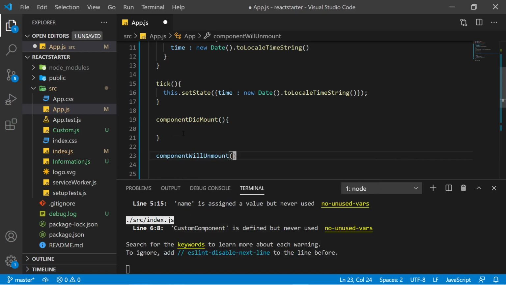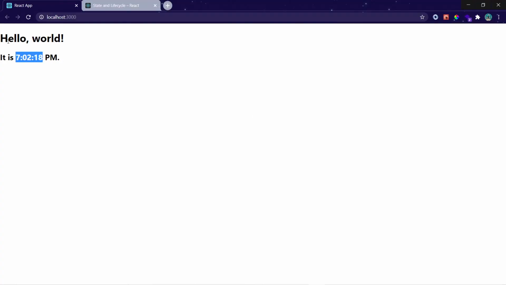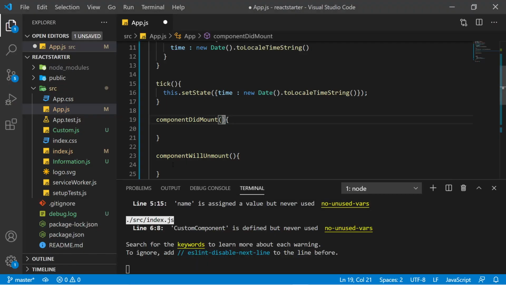componentWillUnmount. First of all, what is the meaning of this? This function will run when the whole component is mounted on your DOM. When everything is shown on your DOM, then this function will run, and similarly componentWillUnmount will run when everything is unmounted.